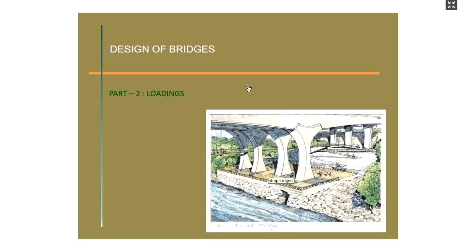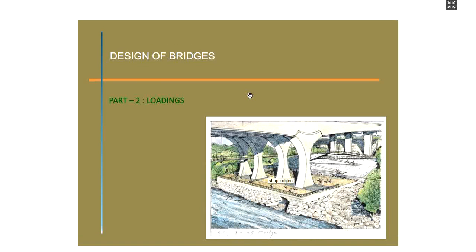In the previous lecture, we have seen the introductory part of the bridge. We have seen different components of the bridges, different types of the bridges. We have also seen in detail different shape and size requirements for the design of the bridges. We have also seen the code provision requirement. So IRC 6 is the code which is going to be used for the design of the bridges.